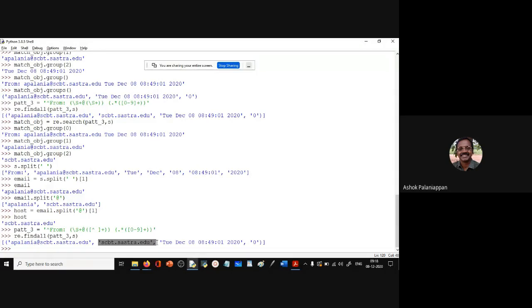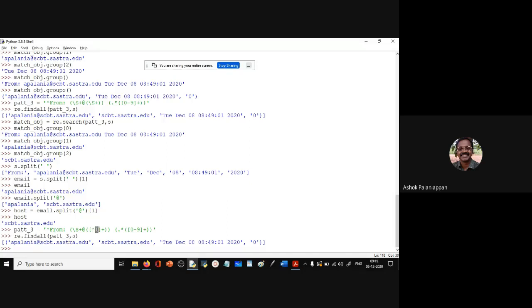So there are many different ways of specifying the same pattern. Either you can use \S to signify a non-white space, or I can put the set of allowed characters. I can invert the sense and put a white space here. So again, it means non-white space.